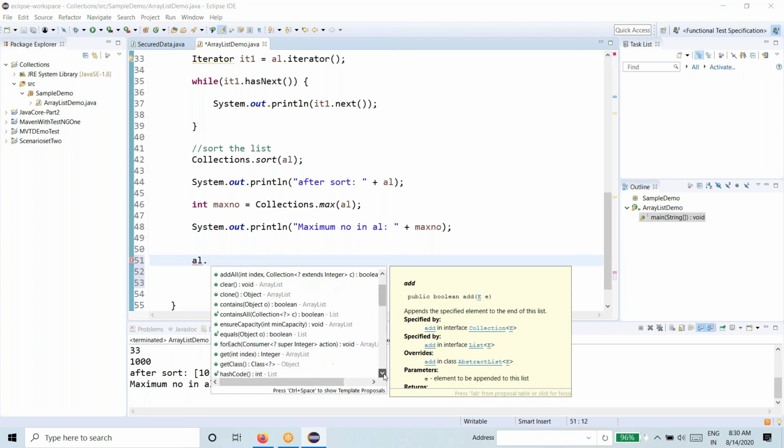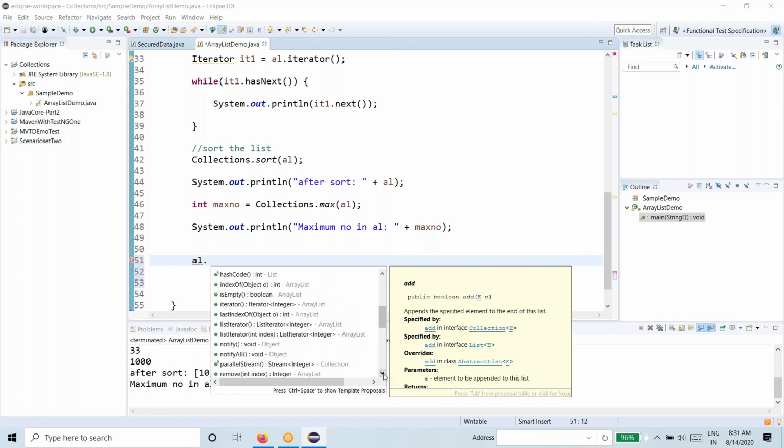We can use hash code method. Hash code method will give a unique number of the particular variable, fine. And we can use isEmpty method to check whether the list is empty or it has members or not, fine. Last index of, to check the last index of, so many methods are there.